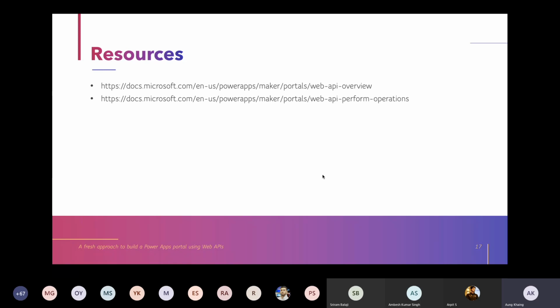And if you want to know about the Power Apps web API in the Power Apps portals, you can go to this link. This is a very high-level overview of what we can do. And the next thing is that Microsoft also has the details on performing the operations, creating the HTTP request, and error handling